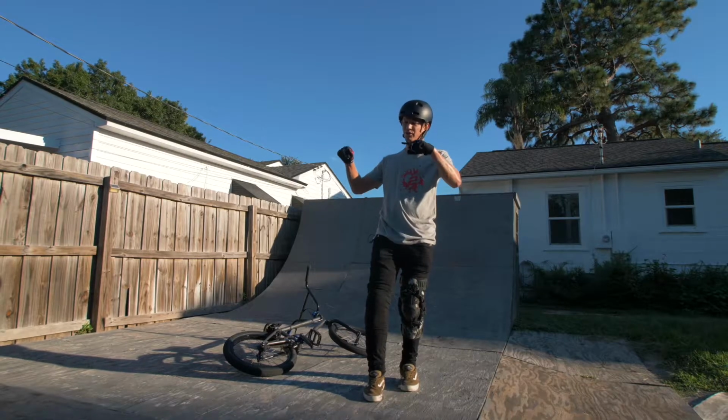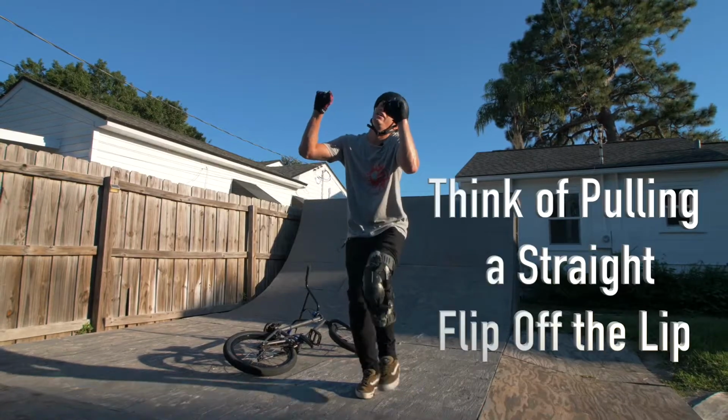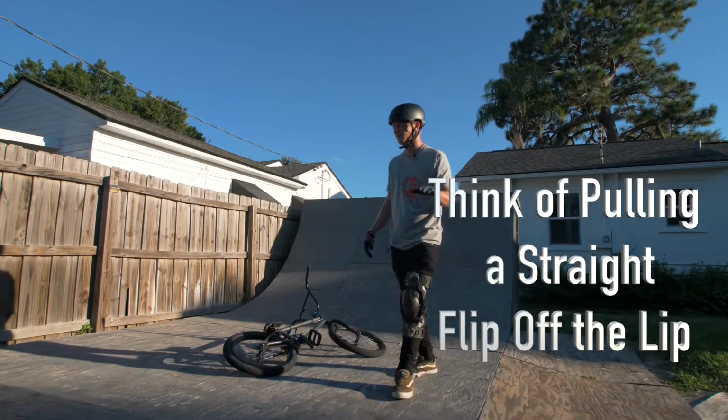It's mostly the flip. So if you're landing back wheel heavy, literally just go up the next time at the same angle and just yank a straight flip, and you'll come around nice and good. The other thing,